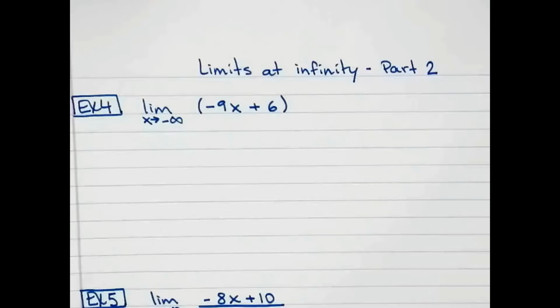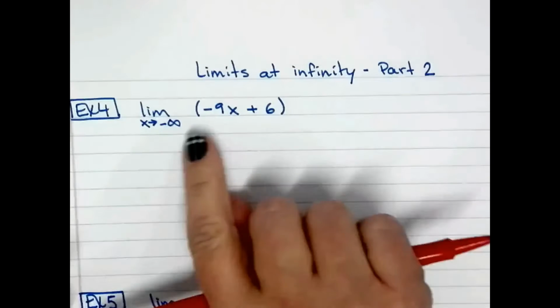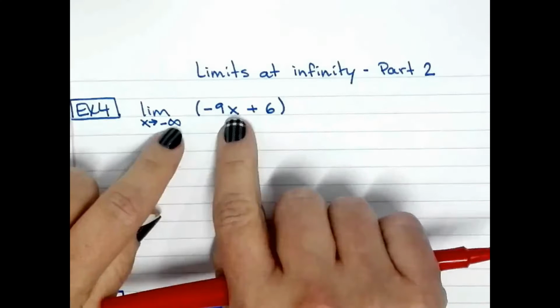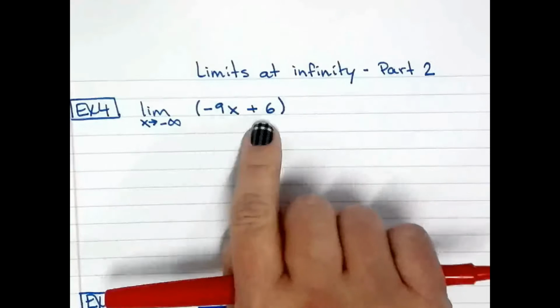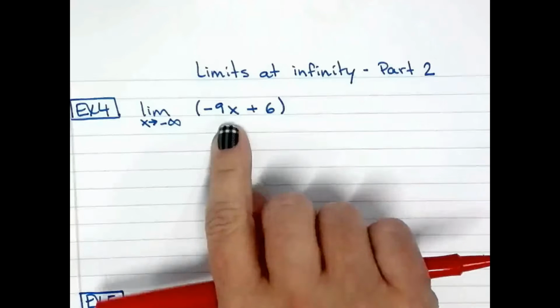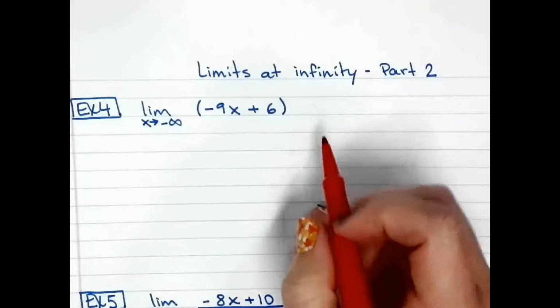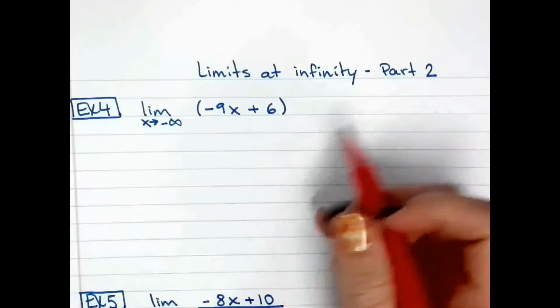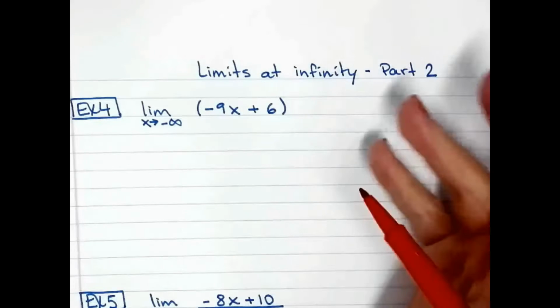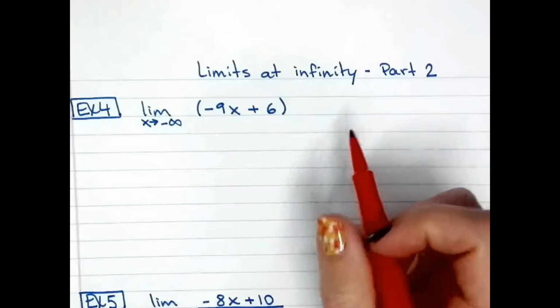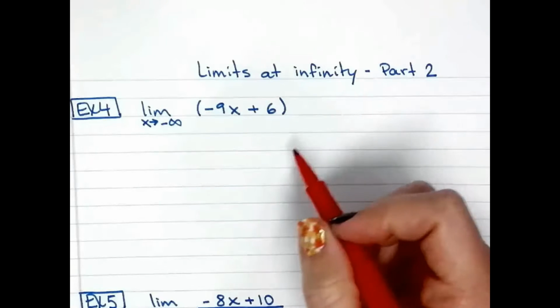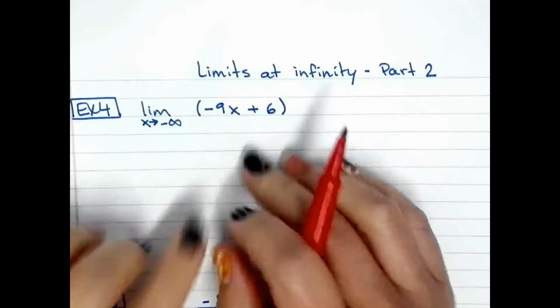So think about what if we were to substitute x with a really big number, let's say 1 billion. 6 means nothing compared to 1 billion, and that's how we're going to treat it. But how do I know that? Well, we're going to estimate our answer, and then we're going to prove it with our pretty little work over here. And after you do a couple of them, you're just going to get quicker about proving and showing